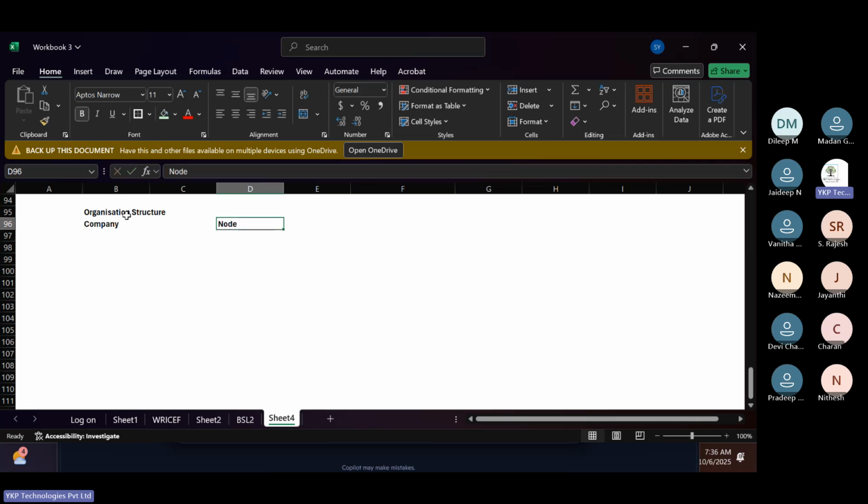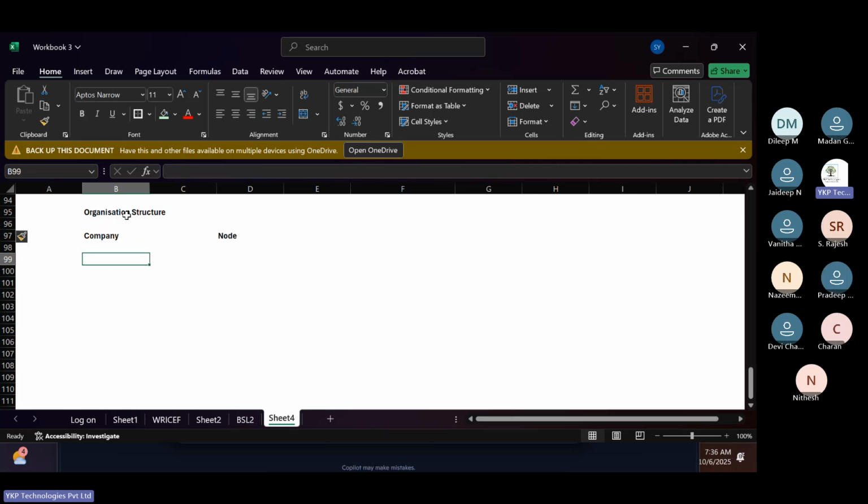If somebody asks you to explain the FI org structure, you need to mention company, company code, business area, then credit control area,